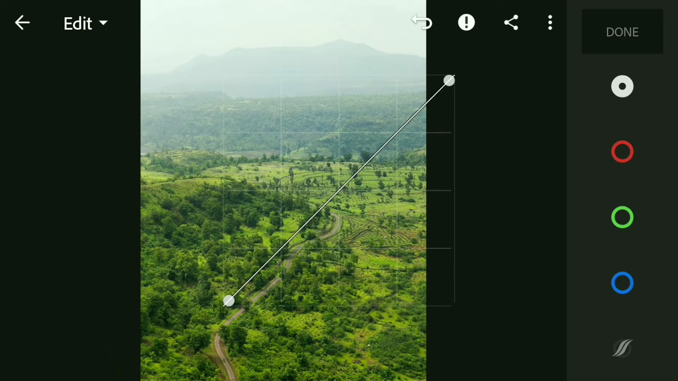Now to the curves. We will not use any particular RGB curve, but we will use the general curve, and we'll give 2 dots and a slight S curve. And increase the leftmost corner of the dot a bit up, so it gives a look like crushing the shadows. Okay, then we'll move to